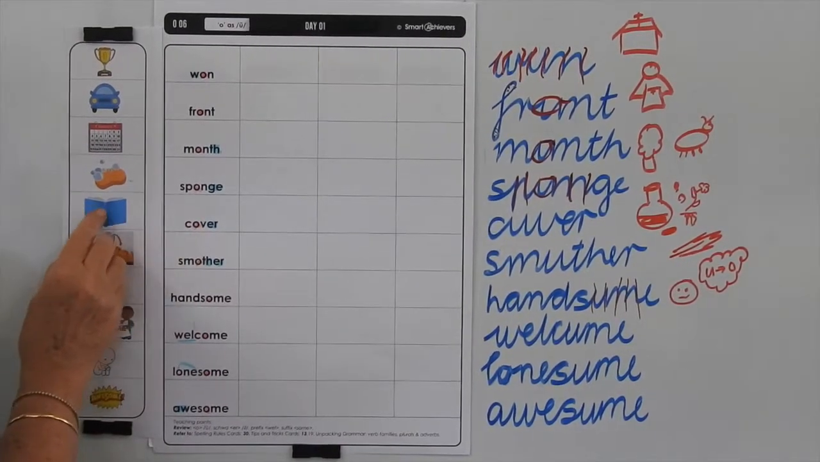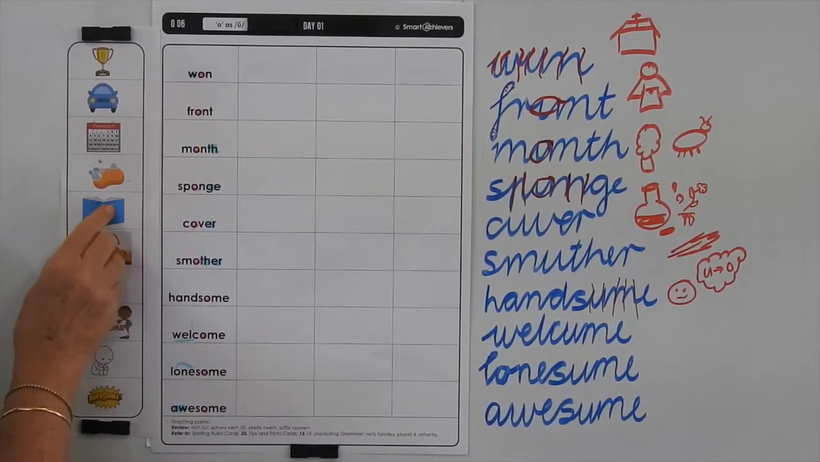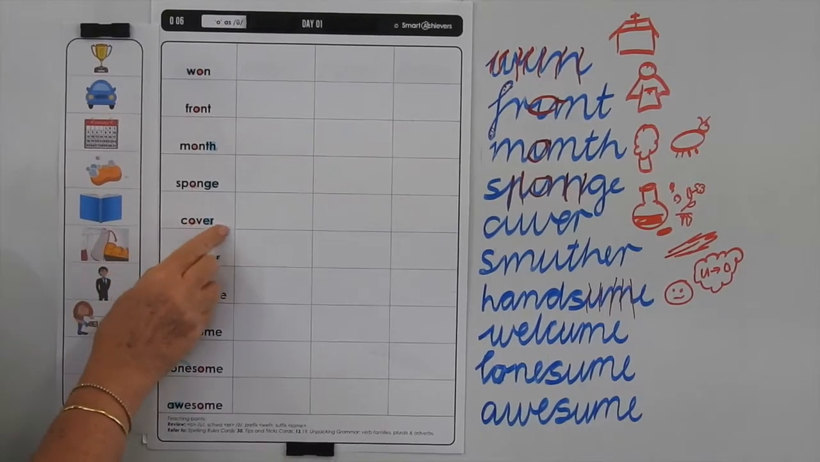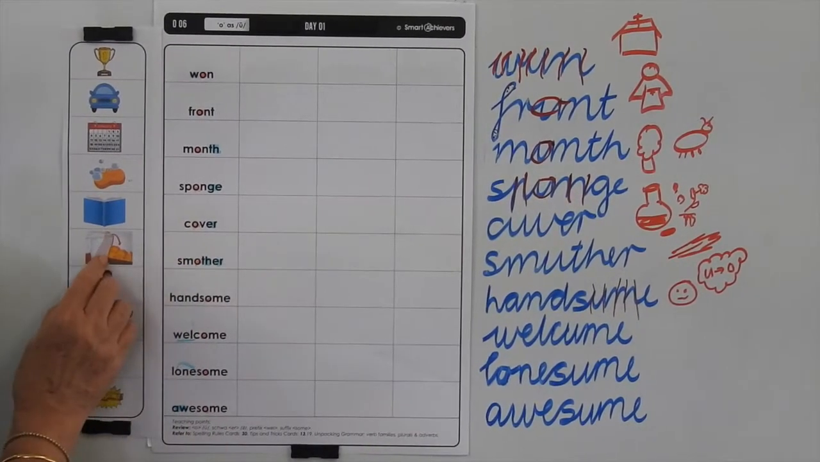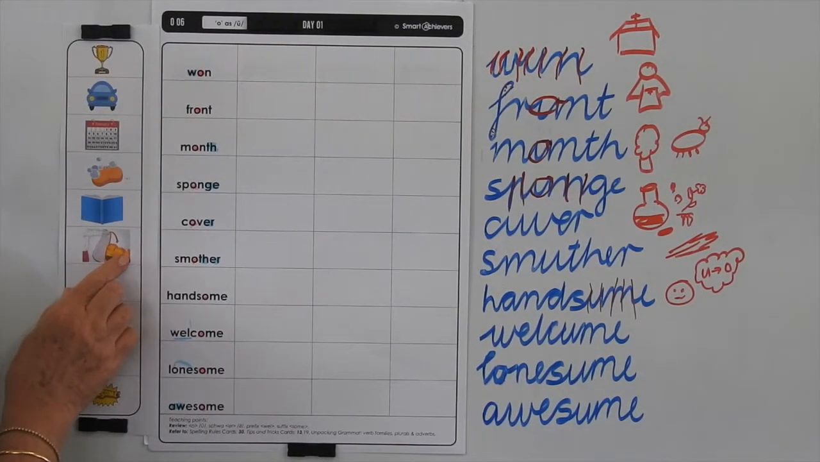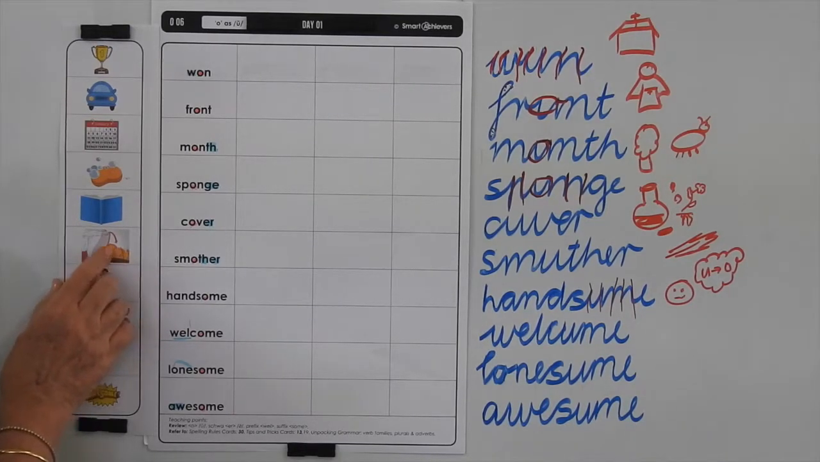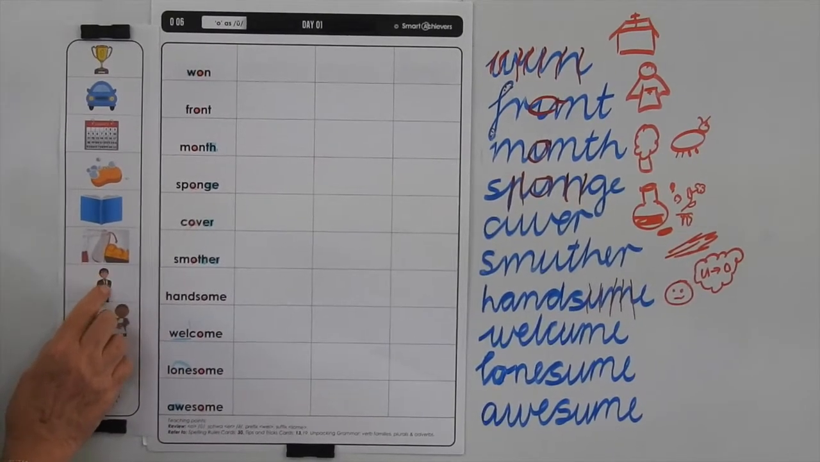Cover is the outside part of a book which protects the inside of it. You could have a cover for all sorts of things to protect them. Smother means to stop the airflow of something. So if you smother a fire, because you're stopping the air from flowing through that space, the fire will go out. Handsome means someone who looks